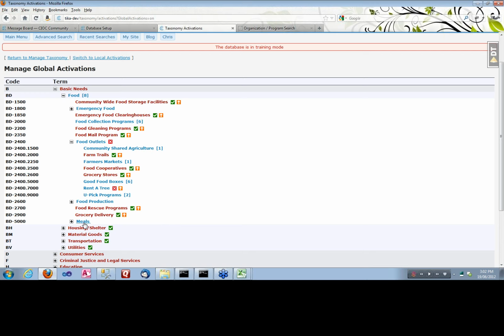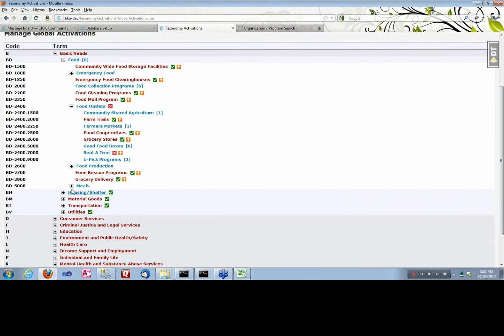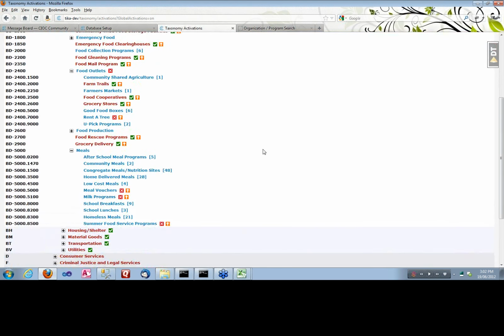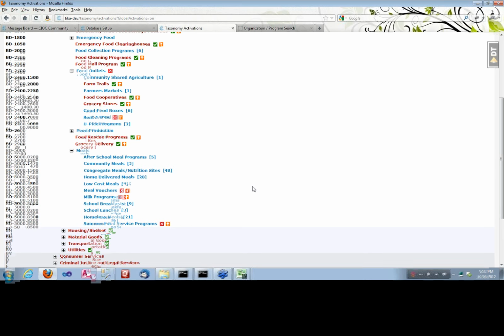You'll notice meals has no record, and yet I can't do anything with it. That means that there's an active record underneath it. So the rules that it enforces is if you have activation at multiple levels, which is strongly discouraged, you can't hop in and out all throughout the branch. So if you want to activate a section of the branch at multiple levels, it has to be one after the other. So you have to activate in what we would call a window